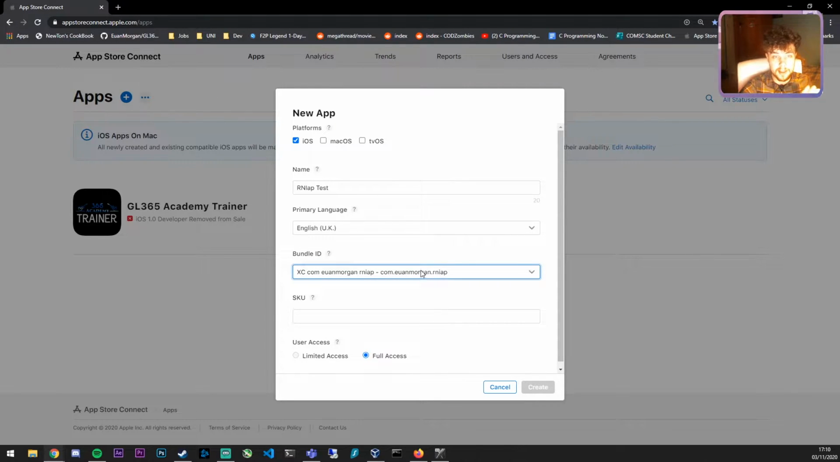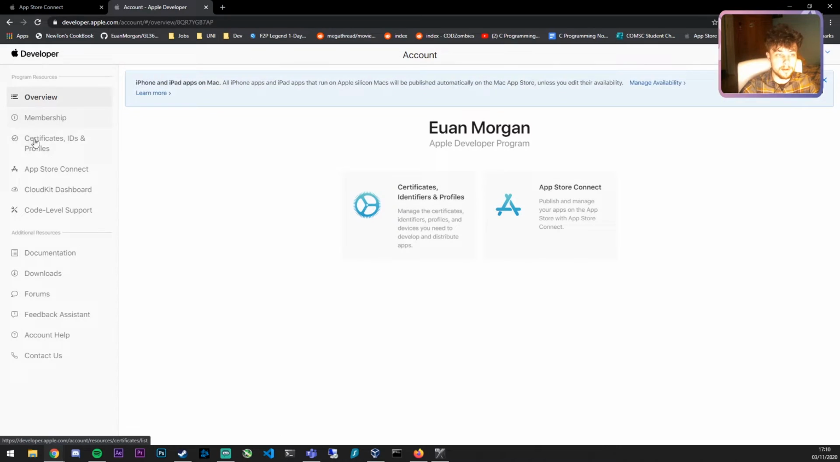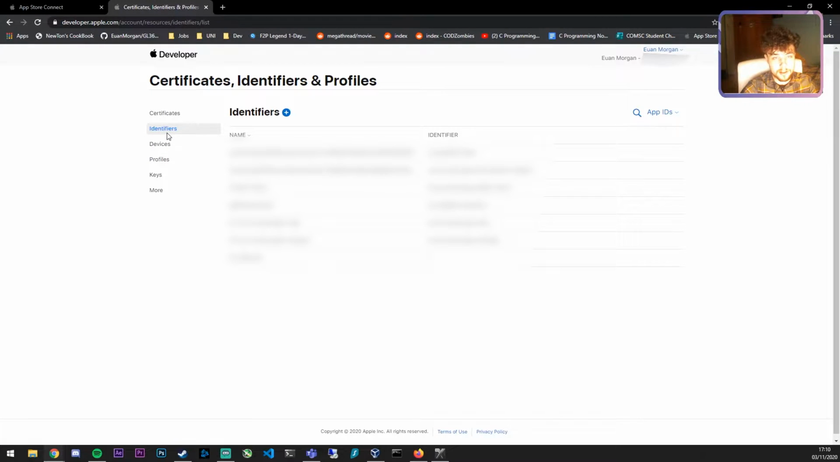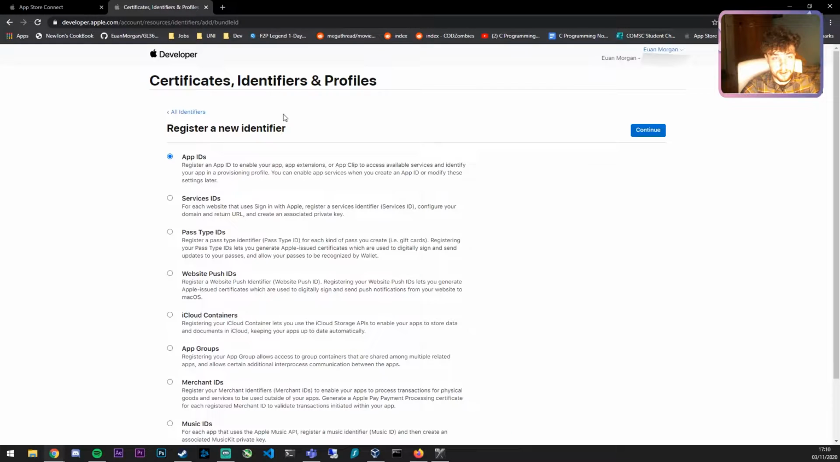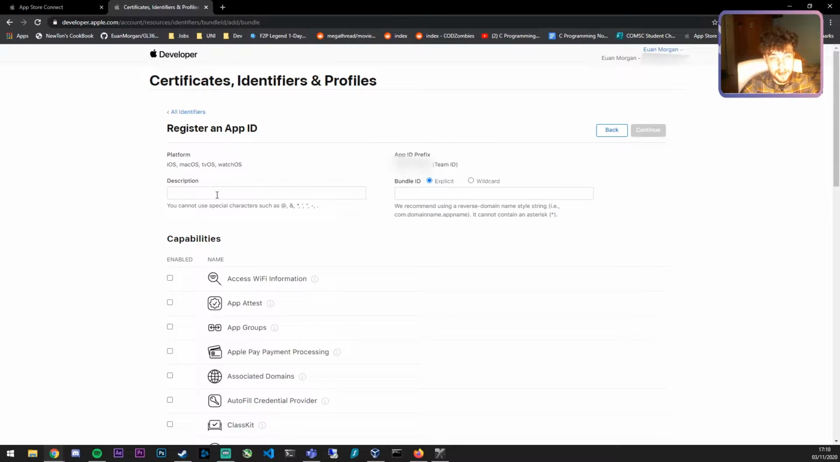Now if you can't see that there, don't panic, because this is an issue that I encountered myself when I was making my previous app. You're going to want to go to your developer.apple.com account and sign in, and when you're here, click Certificates, IDs and Profiles. Now click Identifiers and click the little plus, and here you're going to want to register a new app ID. It's going to be an app, and then you're going to want to set the bundle ID to the same bundle ID that we were trying to use in Xcode. So just set that up there,